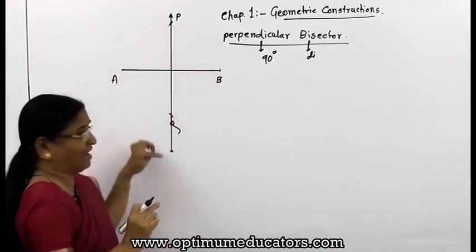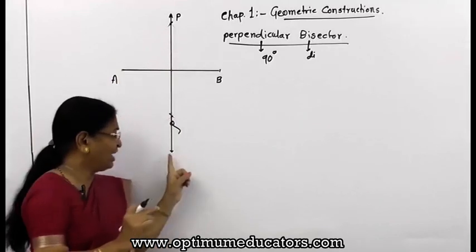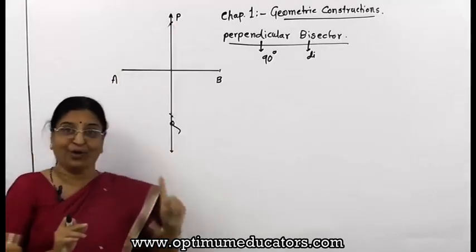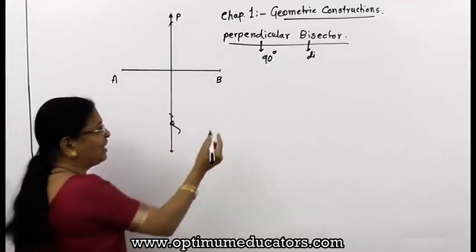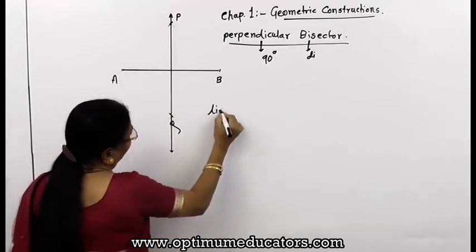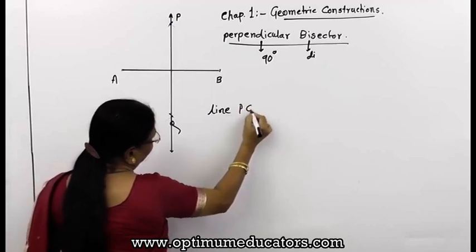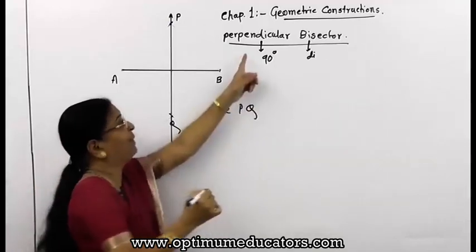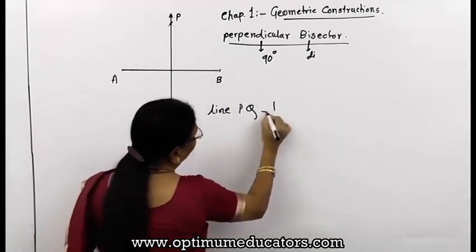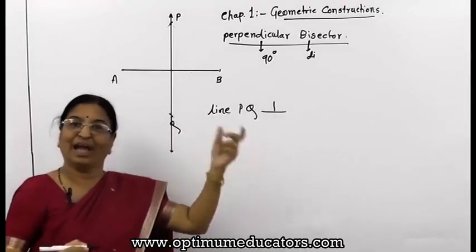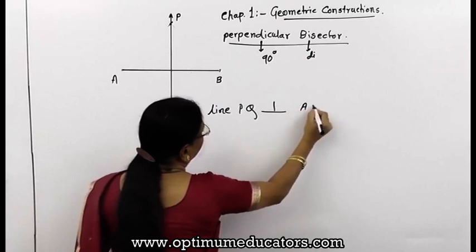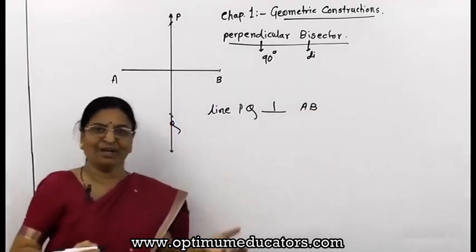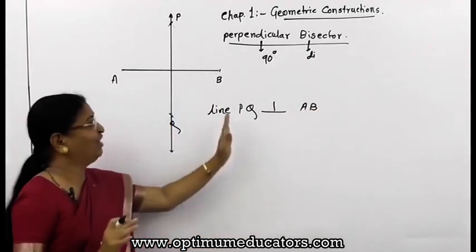Now this is a line, the required line, and so I have given two arrows also, and I have marked 2 points on it. So then I will write line PQ. How will I write it? Perpendicular. You know, this is a sign which can be used to write the perpendicular to segment AB. This is a shortcut method, of course. I will write it in full.